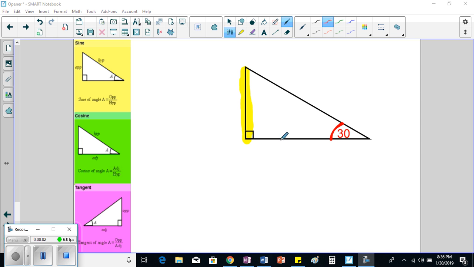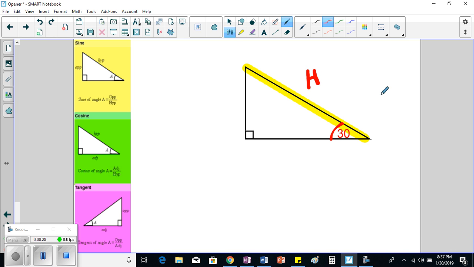Okay, so yesterday you had an assignment where the problems looked something like this: a triangle with one angle marked. Now it's got an angle measure in there. Don't worry about that. That doesn't change anything. You were simply identifying the sides as O, A, and H. In this case, this side is our opposite. And if I had given you the long slanty side, you'd say this is the hypotenuse,